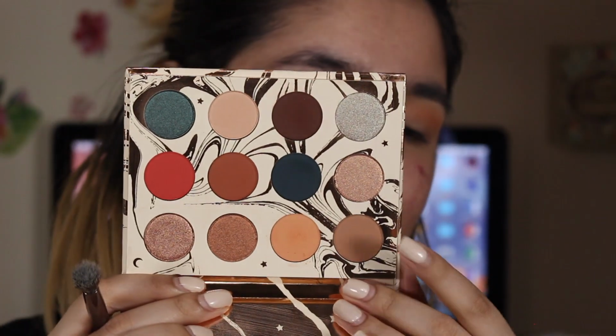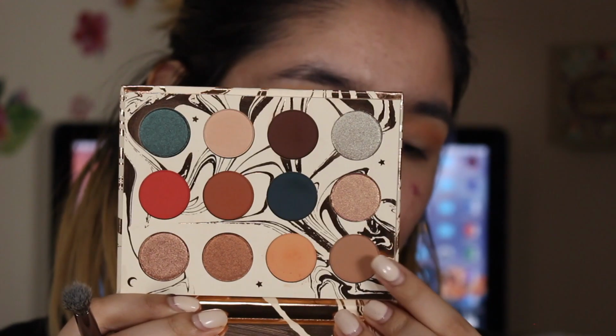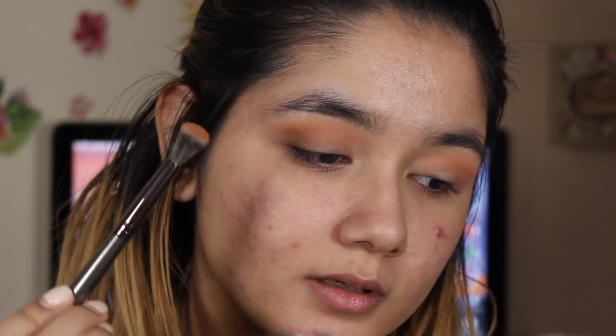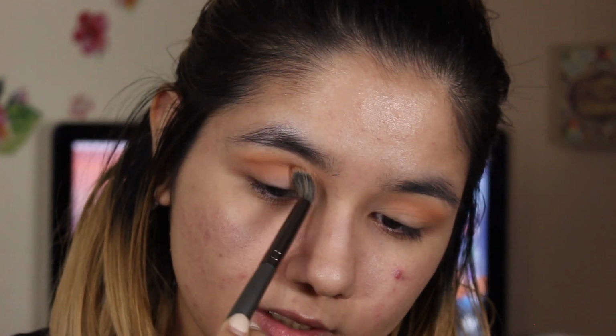So now I'm going to dip into Shooting Star, which is this cool toned kind of beige color on a fluffy blending brush. That one didn't have as much kick up as the last shade, but now I'm just going to focus this closer and tighter on the crease. There's definitely color on my brush. I'm just not seeing it